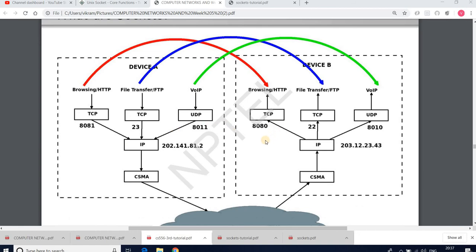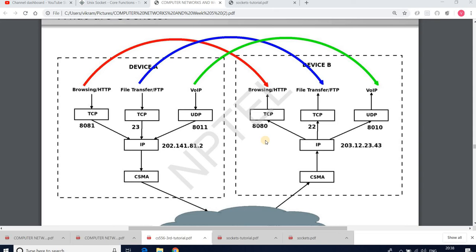So to transfer data from one machine to another, or better to say from one process at one machine to another process.